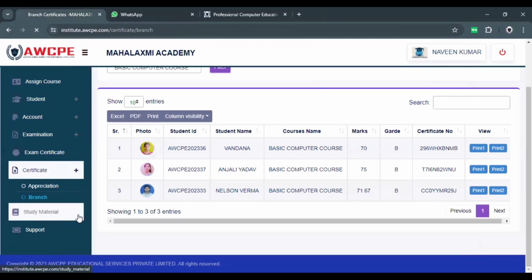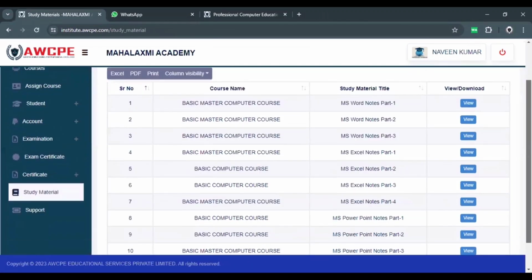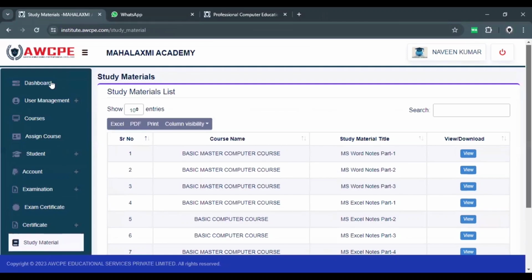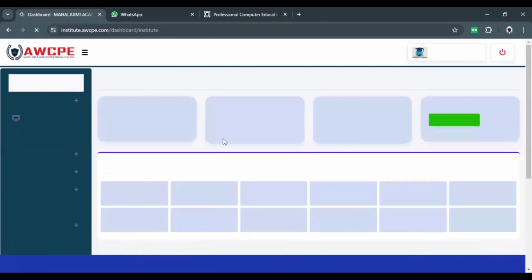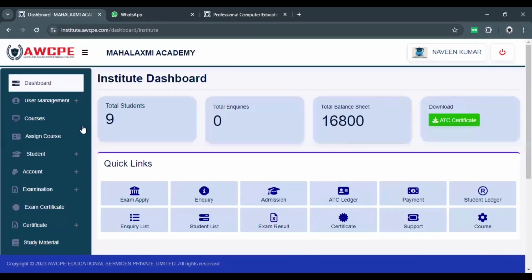Study materials are also available here. You can take the certificate material from our portal as well. Then after he has completed the branch portal,